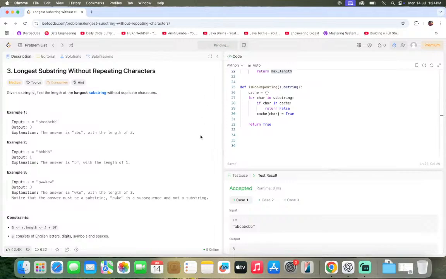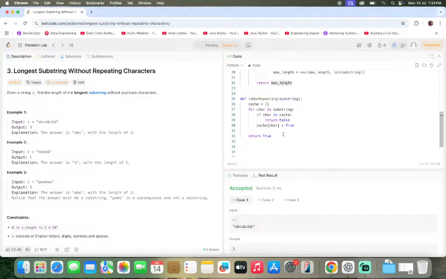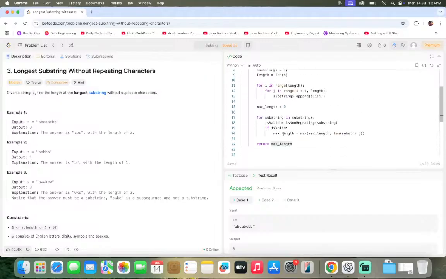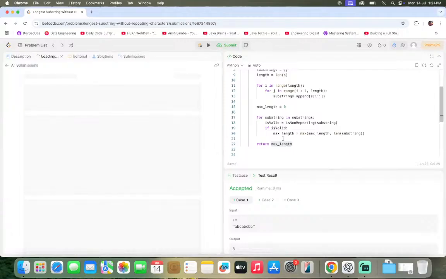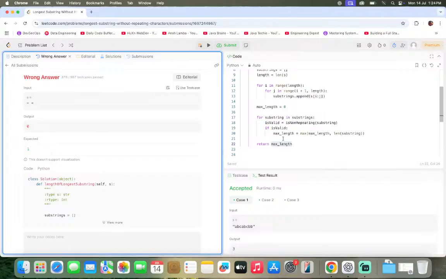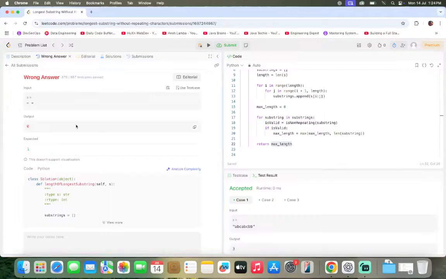It will be O of n square time because we are generating every possible substring. Wrong answer. So space is also